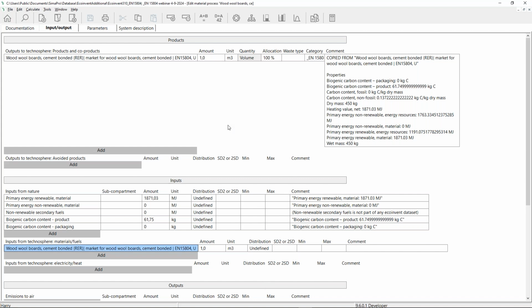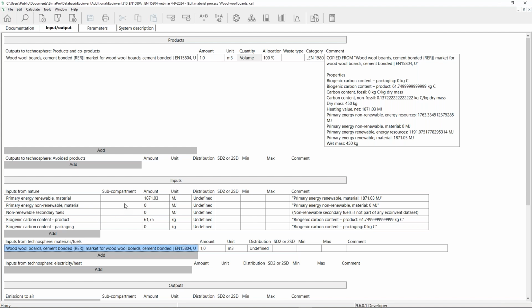But to get the right result, for instance for the A1-A3 result, where your material is coming at the factory gate, I included here the primary energy renewable used as material, and this figure is indeed coming from the comment field. So it is shown here, and I included it in this process.